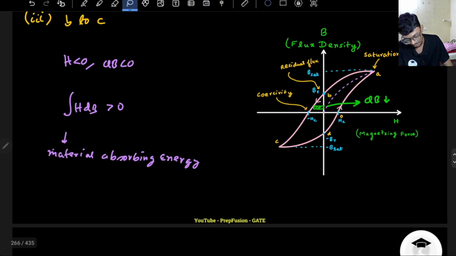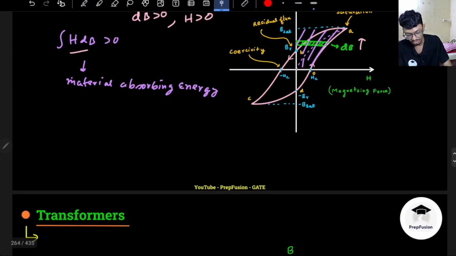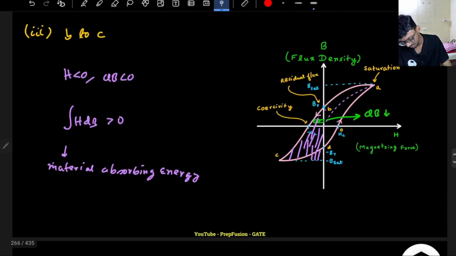Okay. And can you identify what this area is? This area is this one, right? Basically I am moving from here to here, so it will be this whole area. So what is this area equal to? This area is the same as this area if the hysteresis loop is the same. Okay, so basically what I can conclude is that